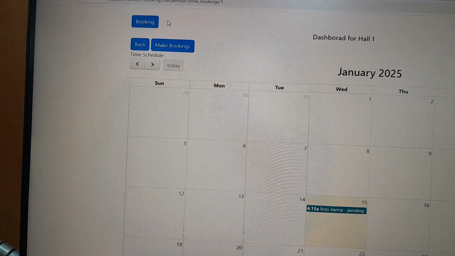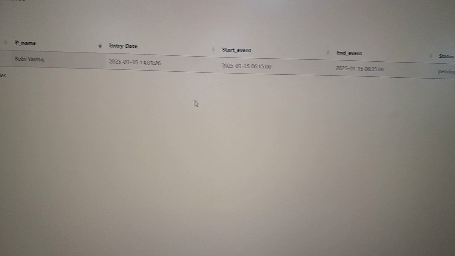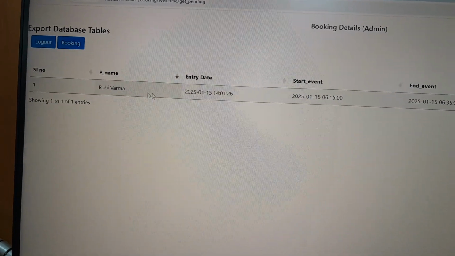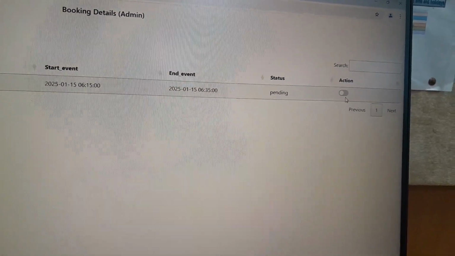go to the admin panel. Here is the admin panel. From here you see a row is coming and it is showing pending. Okay, now the admin just switches on,